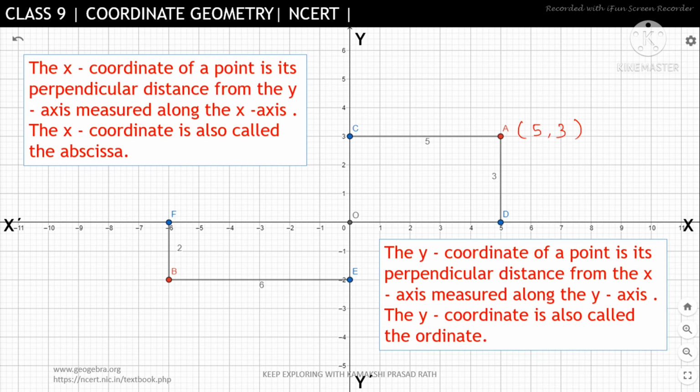Now coming back to the coordinates of B, as we know, here it is a negative x and negative y, both are negatives. So the distance of B from the y-axis is 6 units. So instead of writing 6, here we will mention minus 6. And the distance of B from the x-axis is 2 units. So instead of writing 2, we will write minus 2. So when you write minus 6 and minus 2, it is clearly seen that the point lies in the third quadrant, right? So using the sign convention is very much important in the Cartesian plane to know the exact position of a point.